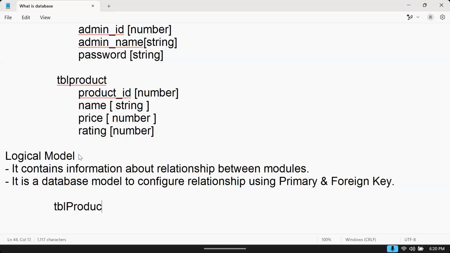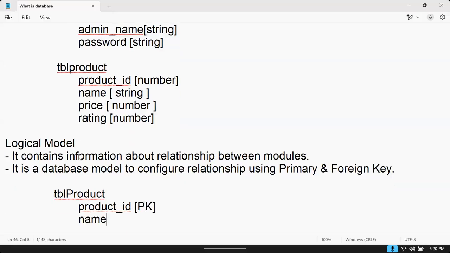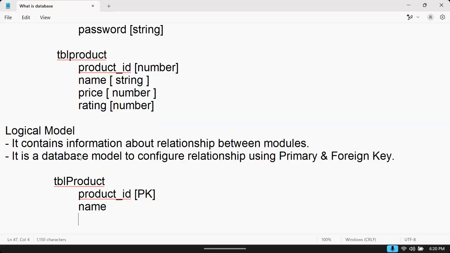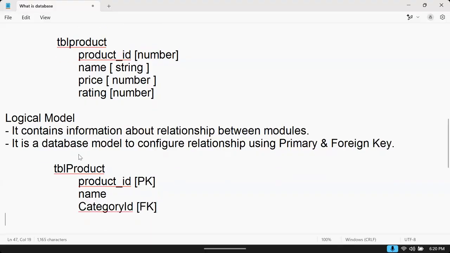Suppose TBL product, ID. So this is the primary key. Name. Suppose we have category ID. This is like a foreign key.